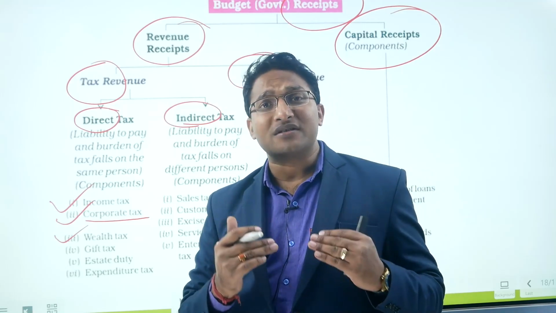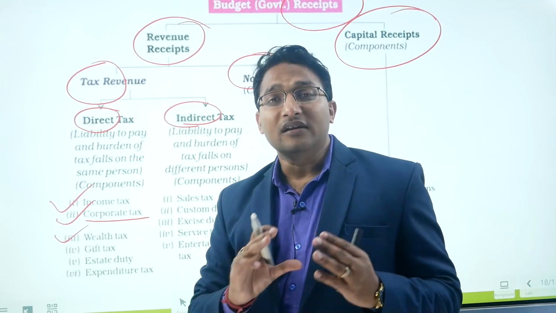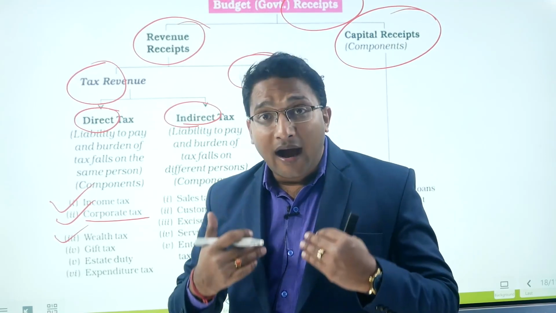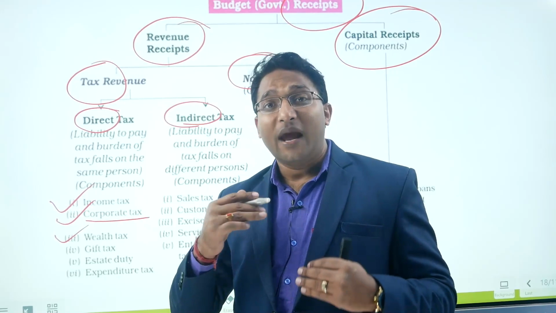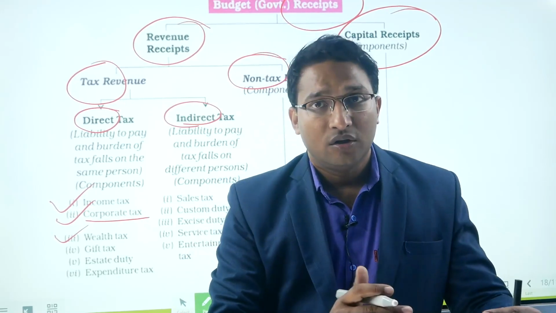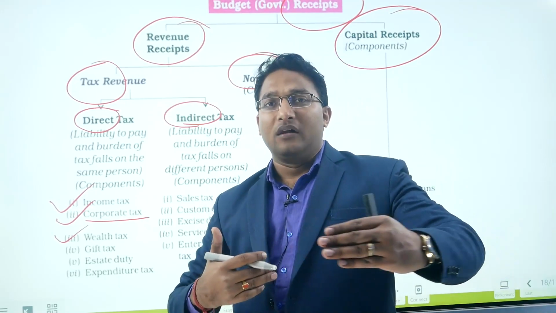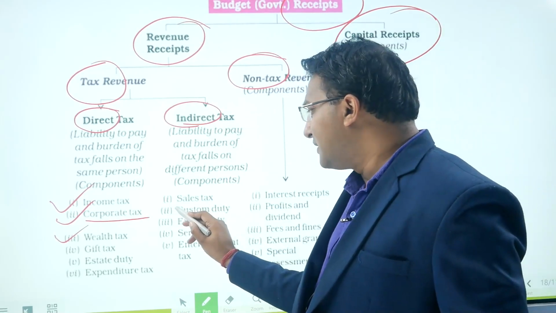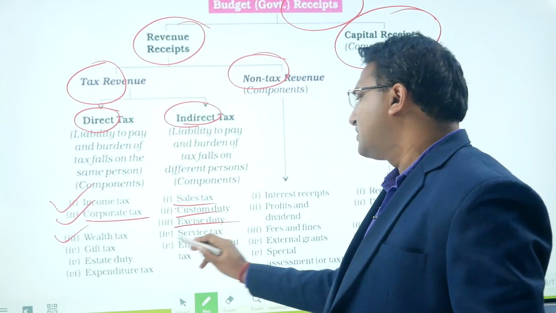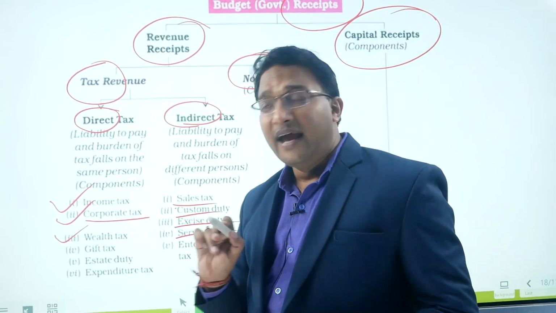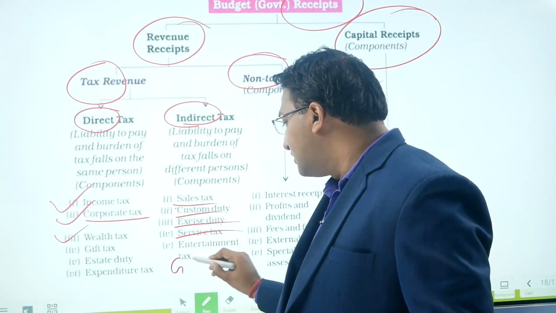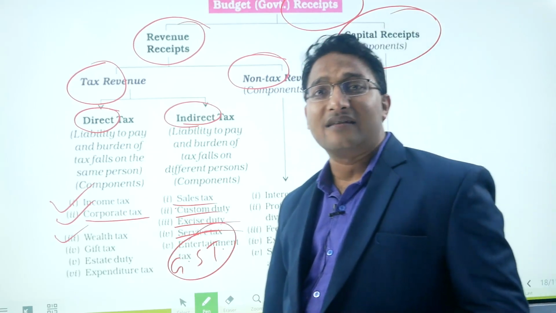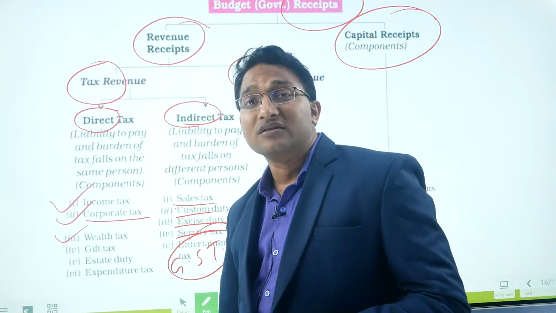Government imposes the liability on me, but the burden is shifted to your pocket. So in case of goods and services tax, it is your pocket which is bearing the burden, and I am under the liability. So liability is with me, burden is upon you. So there are two different people. So this is how indirect tax works. Best examples are sales tax, custom duty, excise duty, service tax, entertainment tax, and goods and services tax, which is the prime example nowadays. Many of these taxes have actually been merged into the goods and services tax.